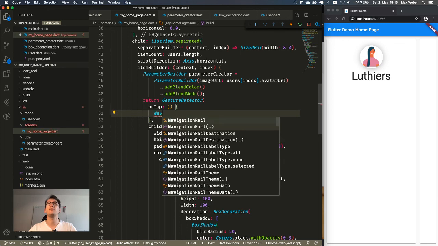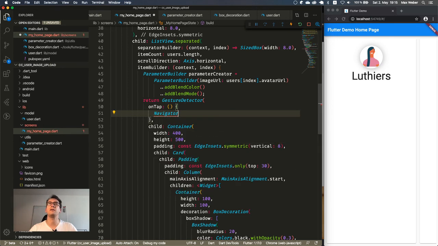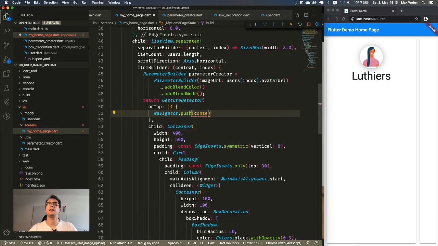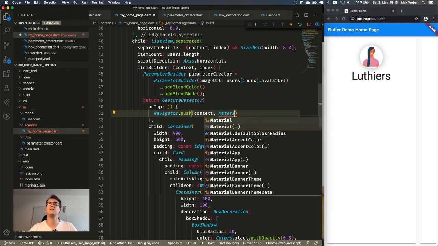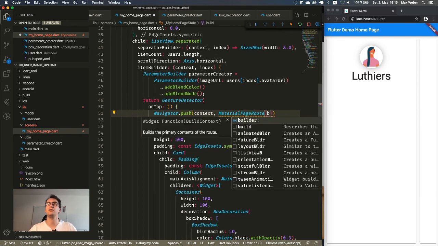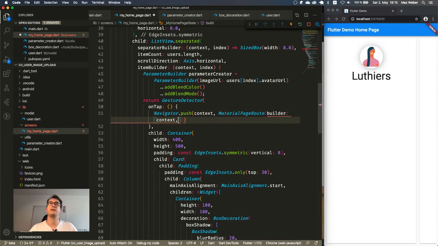And what I want to do now is just use the Navigator.push. And as I said, this is the easiest way, so MaterialPageRoute. And inside of that, we get a builder function that by itself takes a context and returns the new widget that we want to open up.